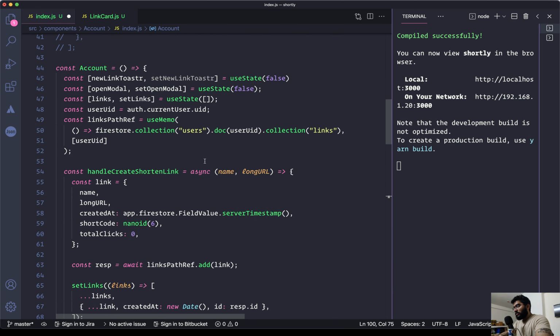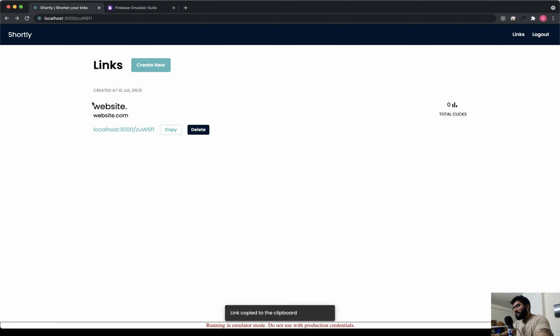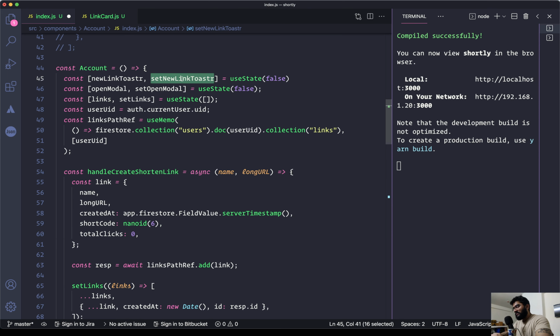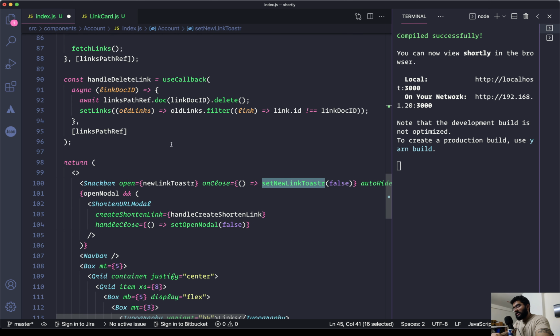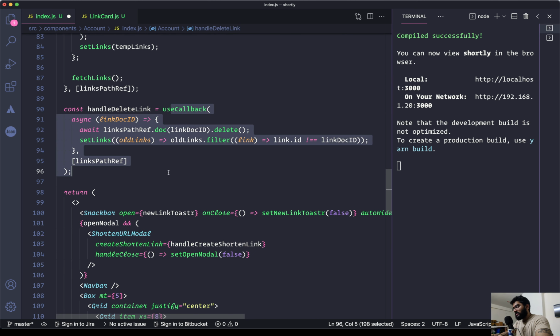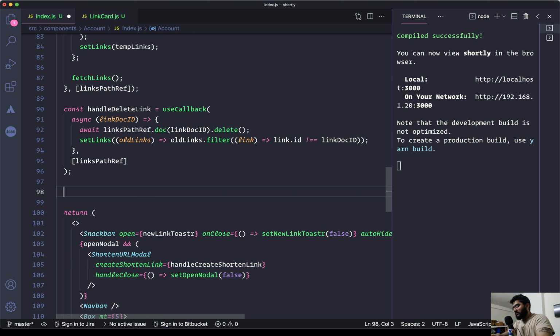So now in order to make the toaster visible, we need to do that when the user clicks on the button. So I think we need to forward this function to the link card, but if we do that in such a way, we will be having the same re-render issue. So in order to avoid that, we need to use the use callback. So for it, let's create a function right within the account page, and we will be forwarding this function. So we can name it as handle